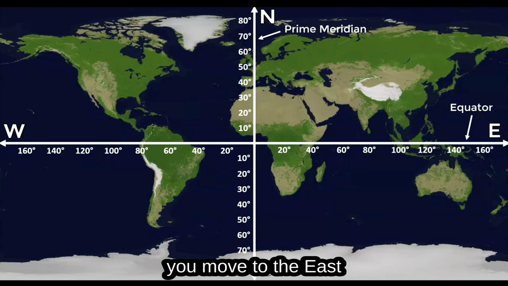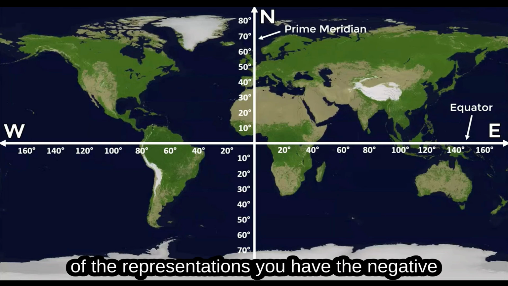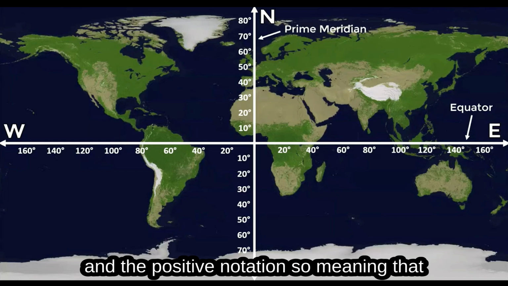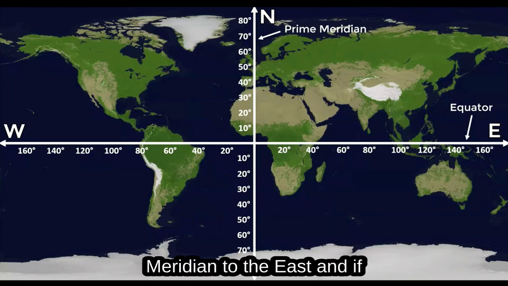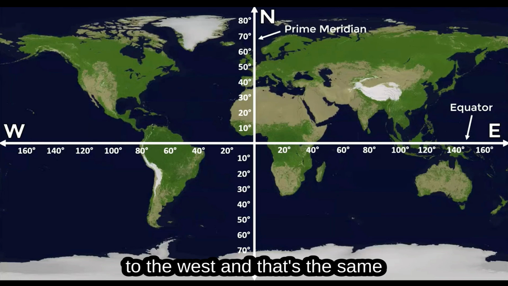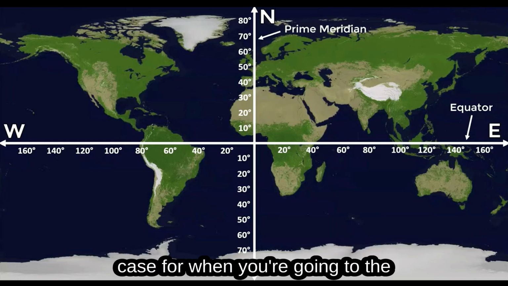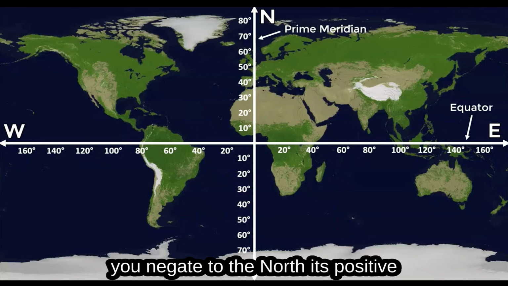From there, as we move to the east, you gain degrees, and in terms of representation you have the negative and positive notation. If it's positive, you're moving from the meridian to the east, and if it's negative, it's from the meridian to the west. That's the same case when you're going to the north and to the south. To the south, you negate; to the north, it's